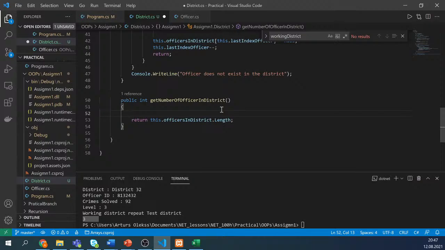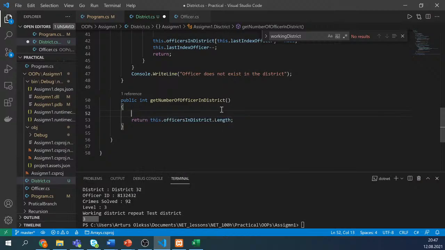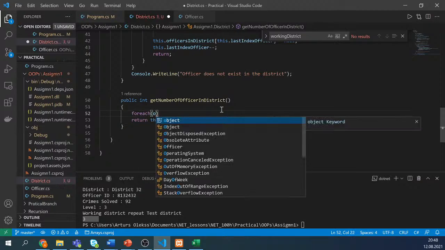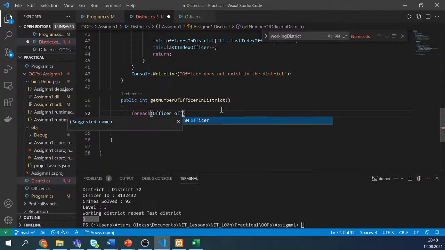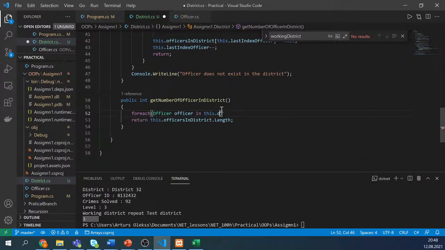Then what we can do, we can count. Yeah, we need to count them. And then this would be for each officer in district. Officers in district. Okay. Then for each. Okay, then we can count. So the counter starts at 0, and here we can check that if